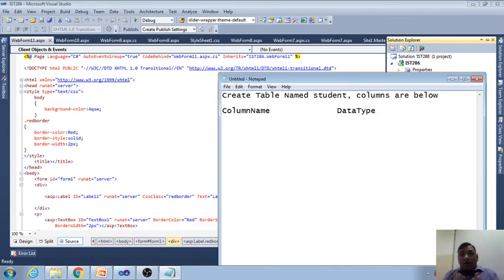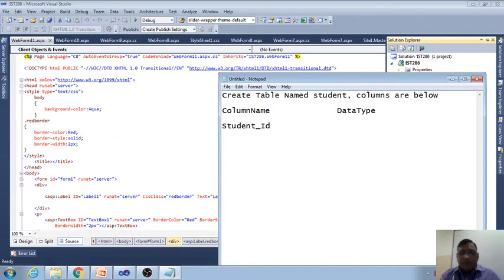For every column name we need to give a data type. The data type specifies what kind of data you are going to store in that particular column. The first column name I am going to use is studentID.